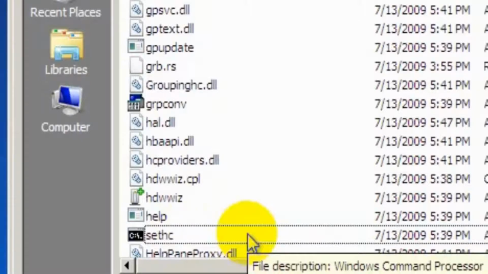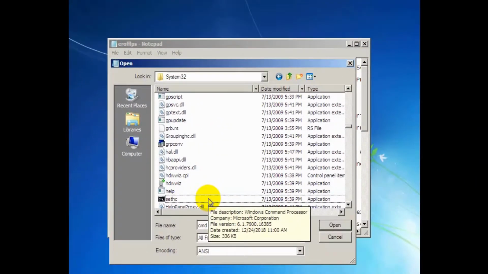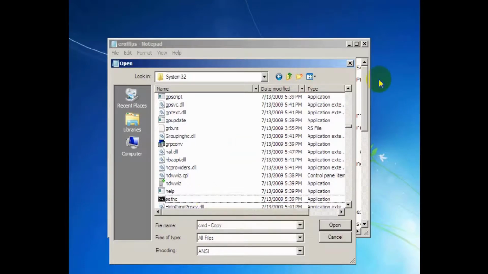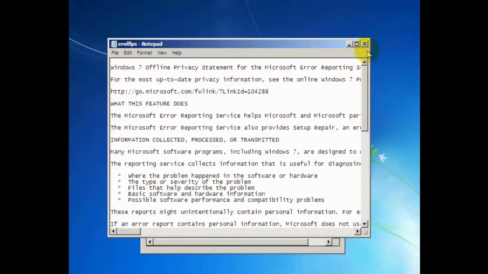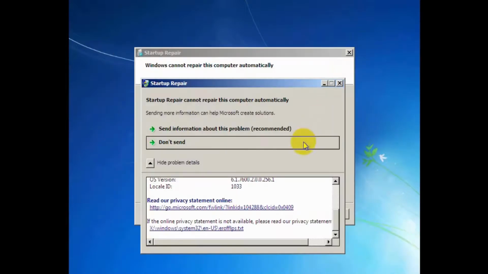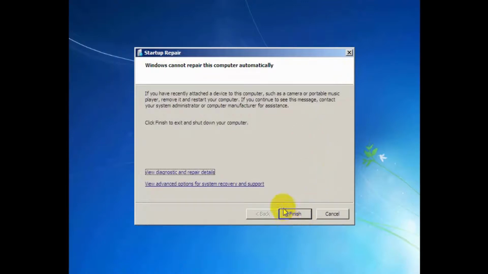Okay, after doing this, cancel and cancel and finish,